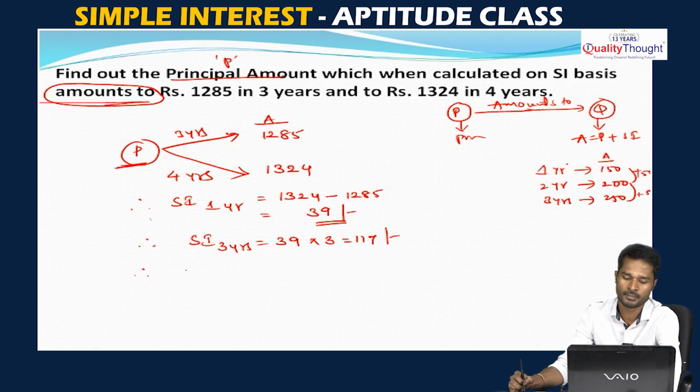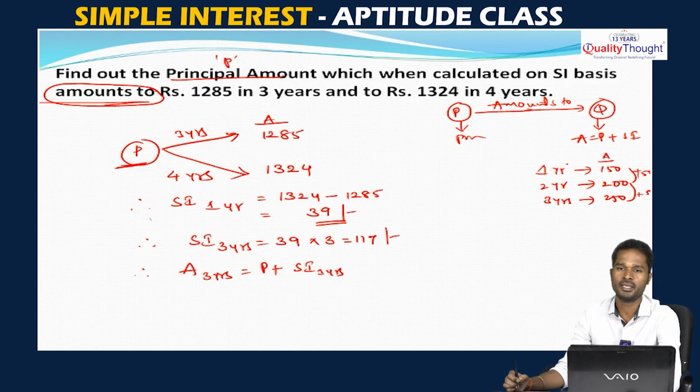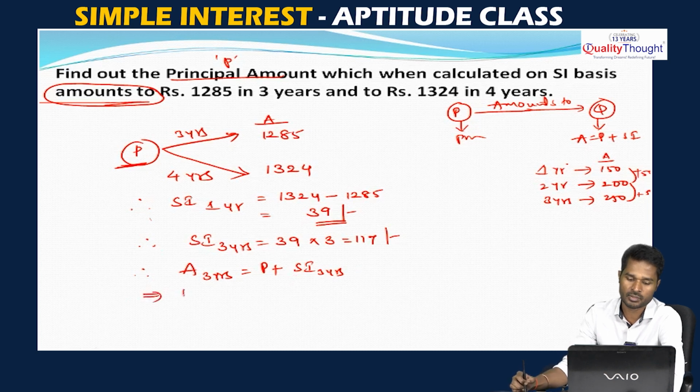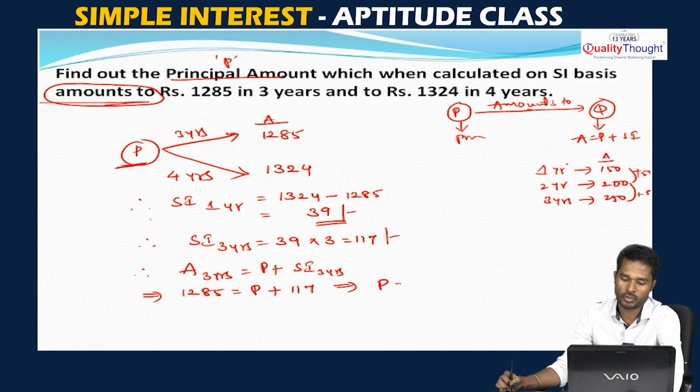Now, we know the total amount for 3 years is equal to the principal amount plus the simple interest for 3 years. However many years you give the money to the person, the principal amount is not going to change until you give some more money to the same person. So, the principal amount value will remain the same. So, the total amount for 3 years, 1285, is equal to the principal amount we require plus the simple interest for 3 years, 117. So, the principal amount P is